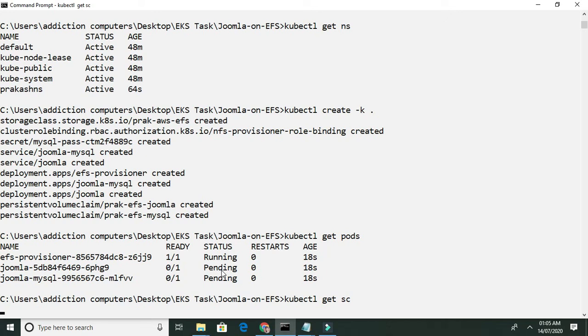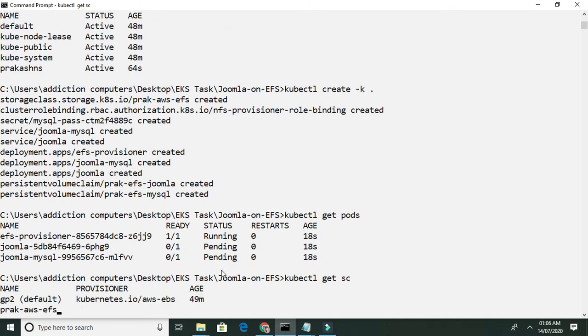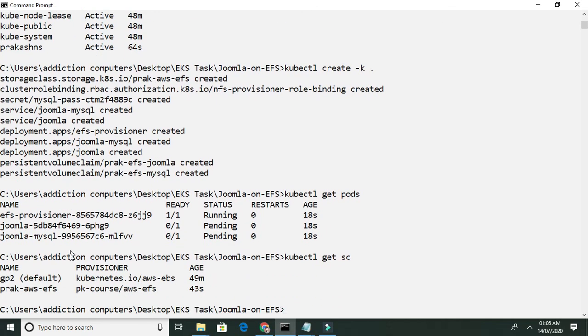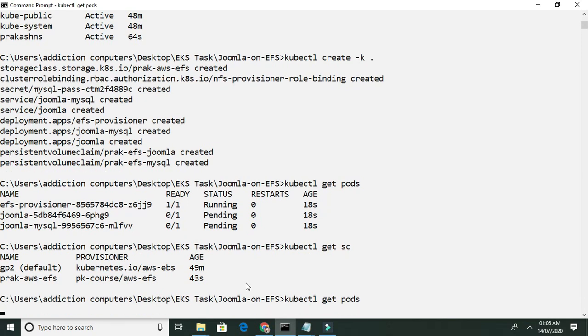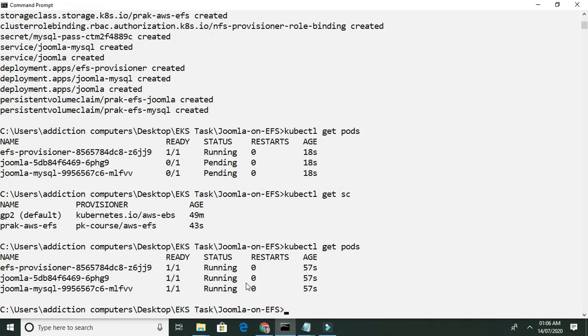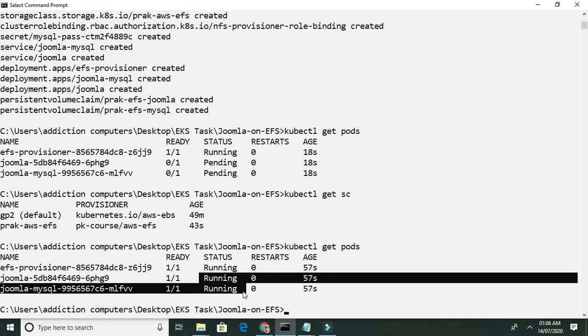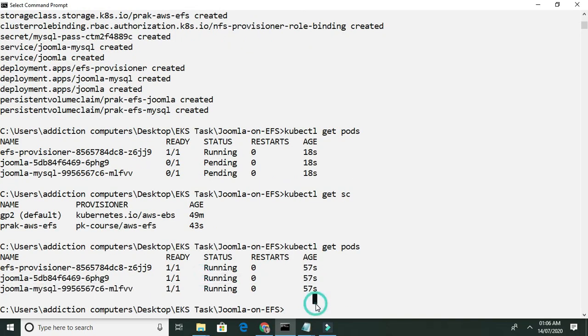so okay, storage class, we are seeing whether it is created or not. Yes, you can see here new EFS storage class created. Okay, so we are going to use this storage class for the practical. So now you can see both containers are running, Joomla and MySQL. Okay,